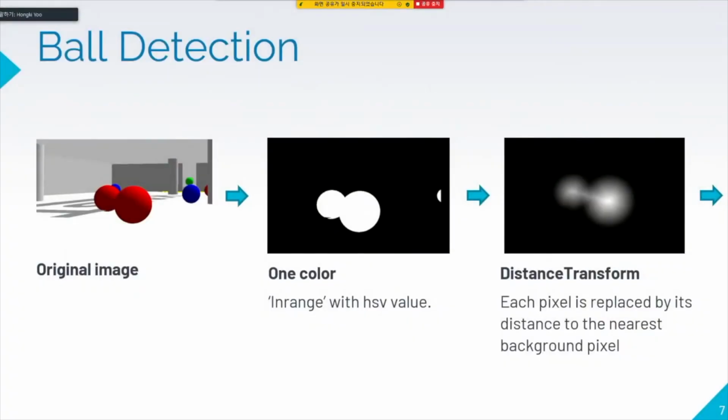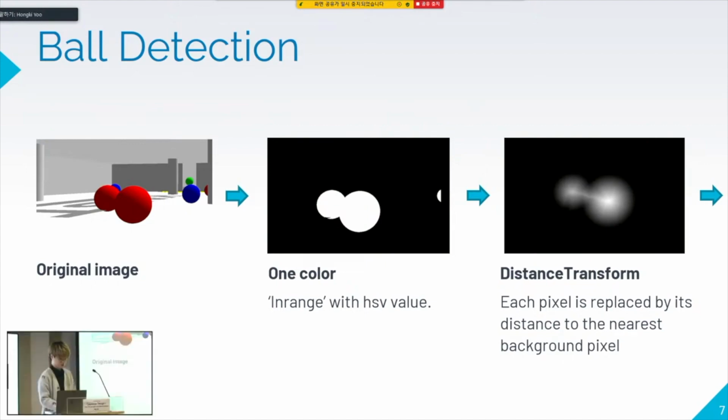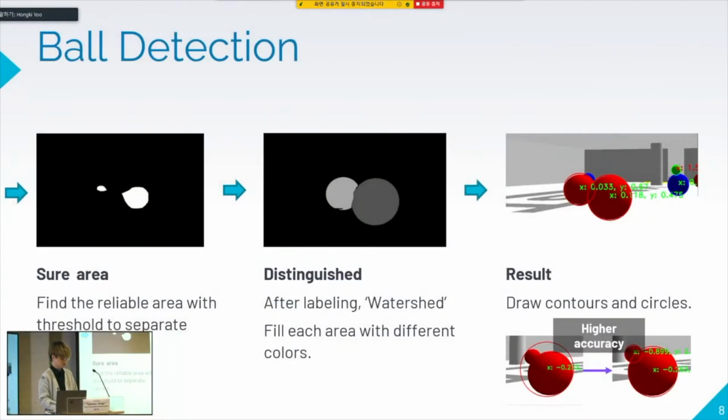The next slide is about detecting the balls and converting them into axis data. The car gets the original image from the camera and uses the enrich function to separate balls by their color and sharpen the image by threshold. Next, every ball image pixel is replaced by its distance from the background using the distance transform function. If two balls are overlapped, they are separated by a threshold value and get separated areas, and after this process, each